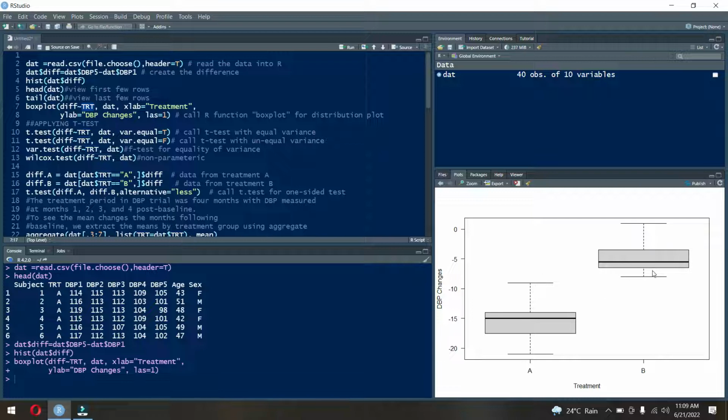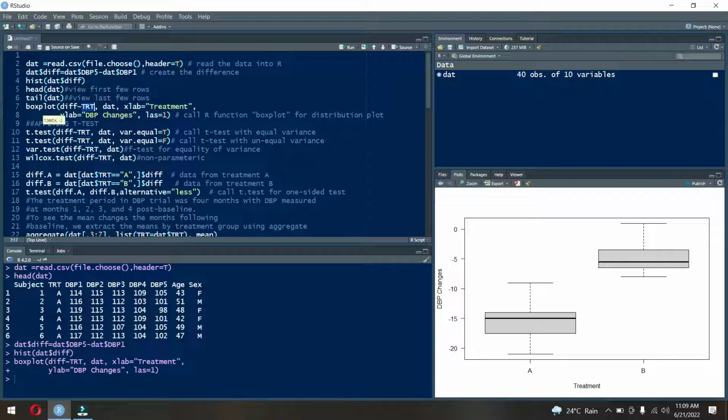In treatment group, the diastolic blood pressure is higher than the other group, or you can say treatment B causes a less significant difference in diastolic blood pressure as compared to treatment A. I think treatment A is more powerful as it reduces the diastolic blood pressure for the 5 time points. So you can just compare the difference in diastolic blood pressure for the two groups,